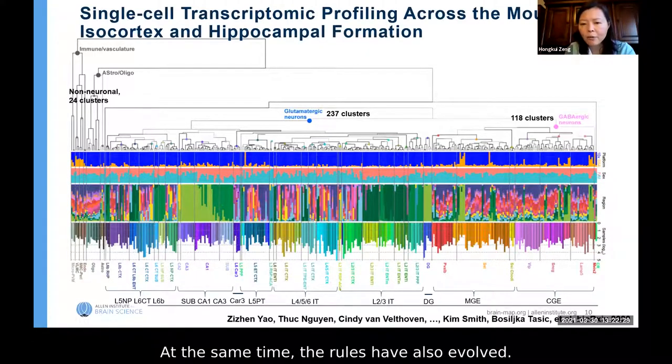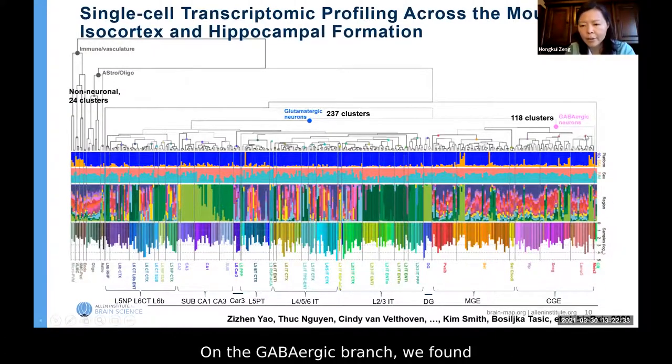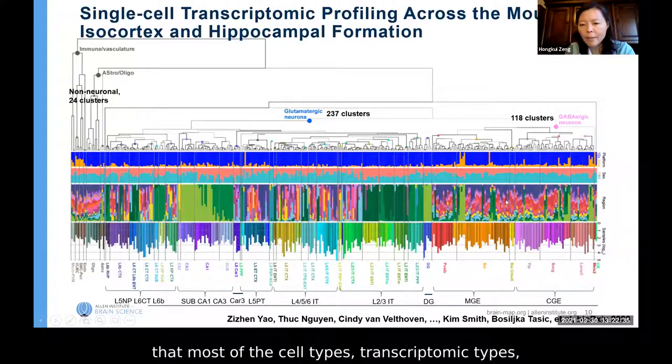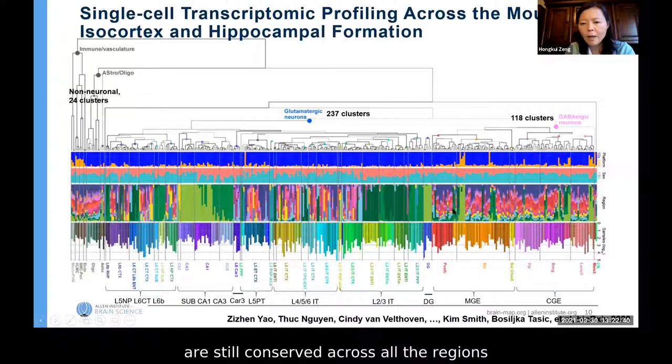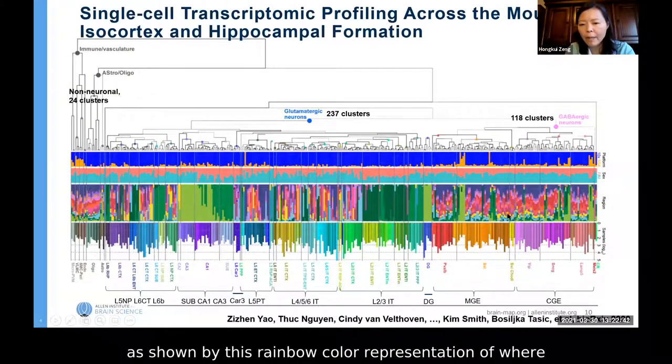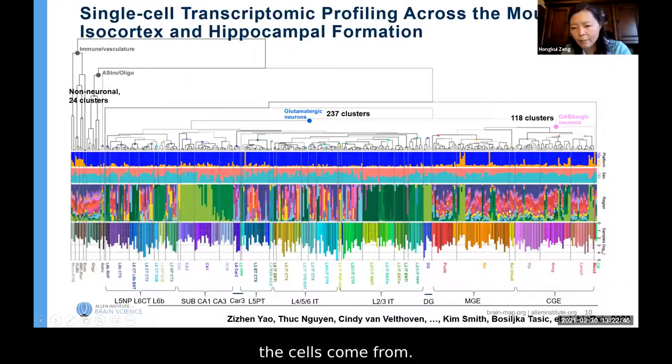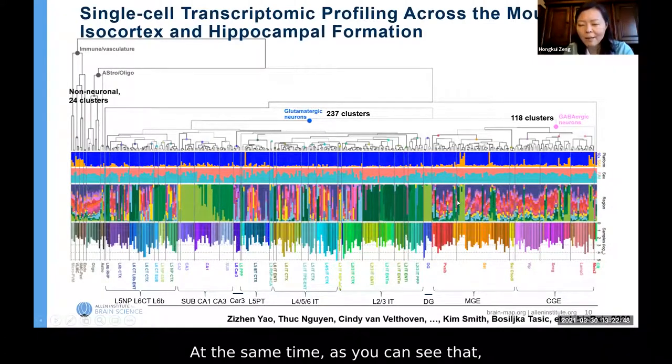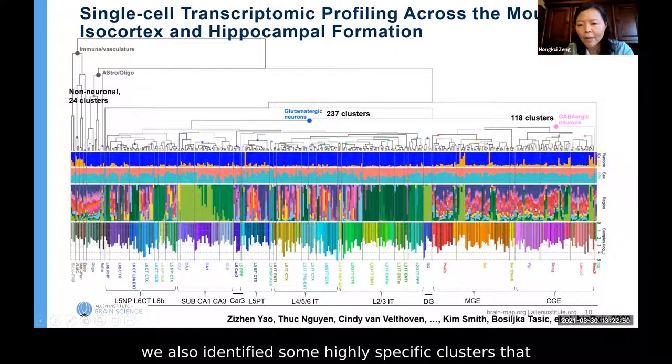At the same time, the rules have also evolved. On the GABAergic branch, we found that most of the transcriptomic cell types are still conserved across all the regions, as shown by this rainbow color representation of where the cells come from. At the same time, we also identified some highly specific